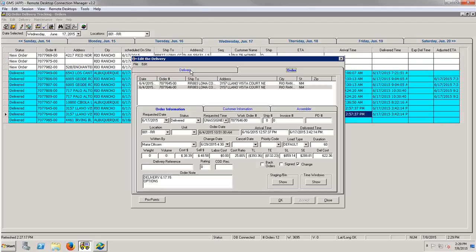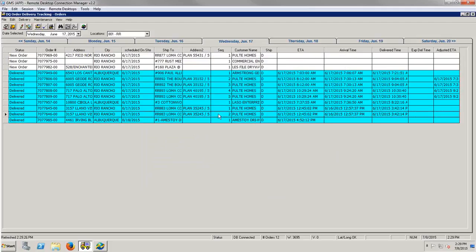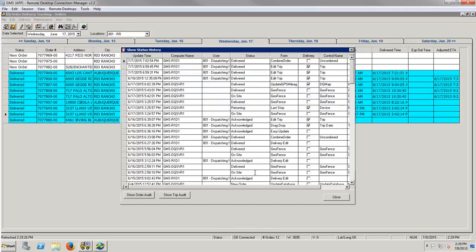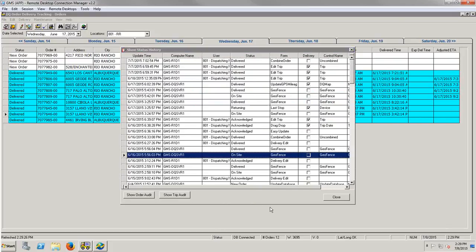So do you think that arrival time was entered manually? Nope, I believe you probably arrived on the 16th, and he'll be able to show you where you arrived right there on the 16th. So,